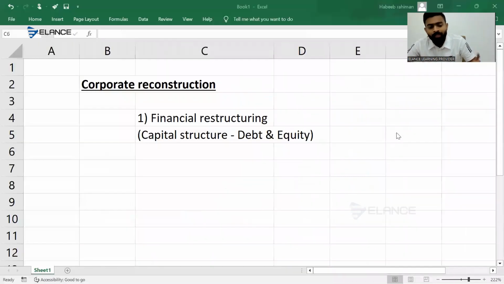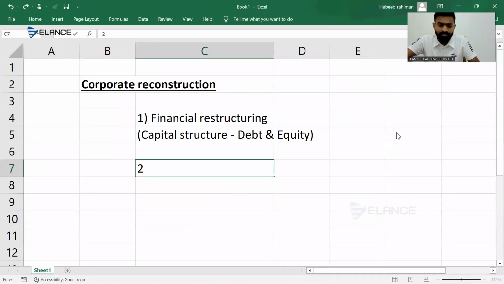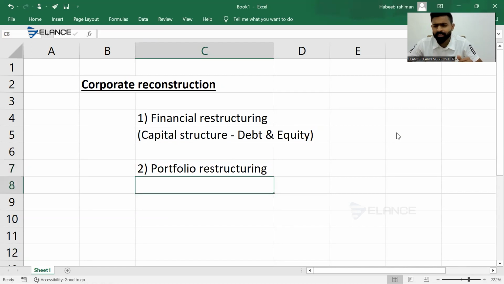The second restructuring is portfolio restructuring. This is what we are going to practice today. Many of the new questions are from portfolio restructuring, and there are many good ones. There are different types of portfolio restructuring. One is spin-off. Spin-off means one department or division